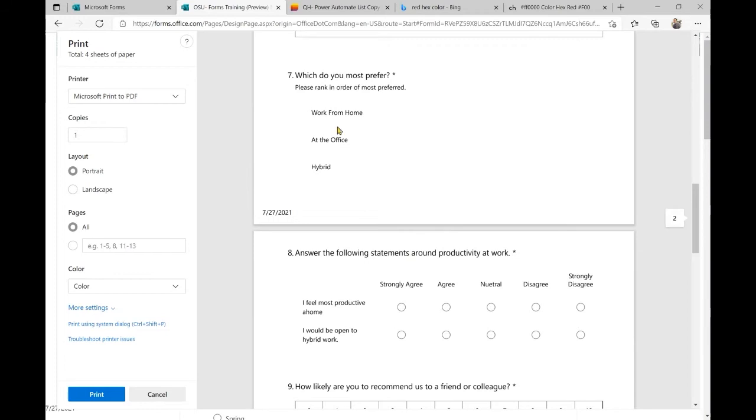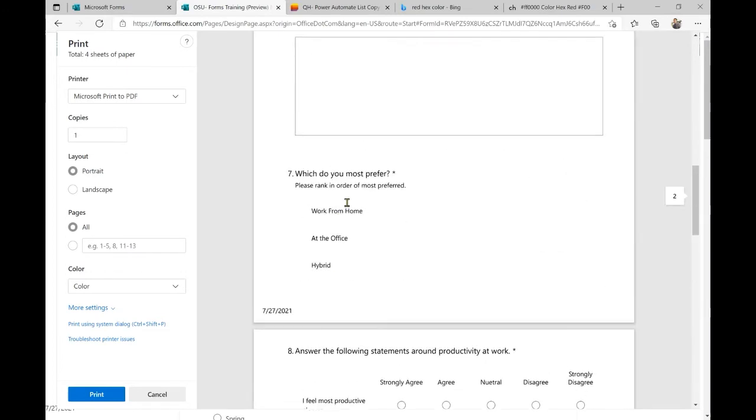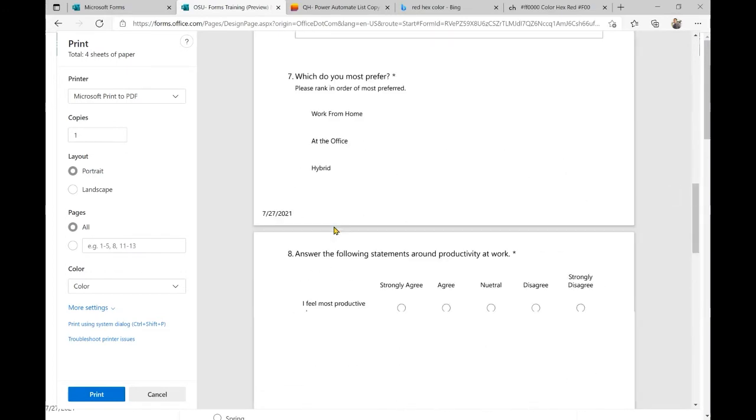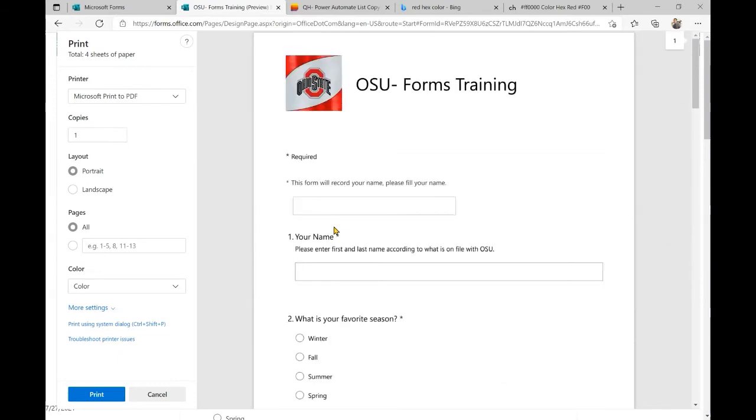This one's going to be a little bit awkward, but they maybe can put a number or something like that next to their response when they rank here. But you can go ahead and print this form right out and you don't have to worry about recreating it some other way, and it's available to you. Okay.